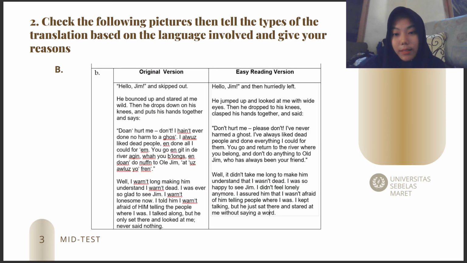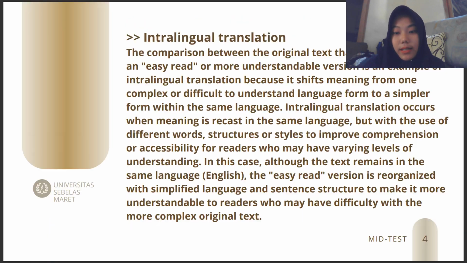Next is point B. The answer is intralingual translation. The comparison between the original text and the version changed into an easier read or more understandable version is an example of intralingual translation because it shifts meaning from one complex or difficult to understand form to a simpler form within the same language. Intralingual translation occurs when meaning is recast in the same language but with the use of different words,